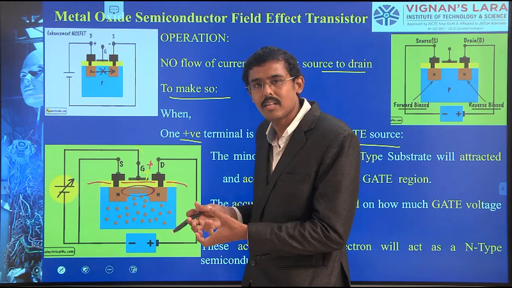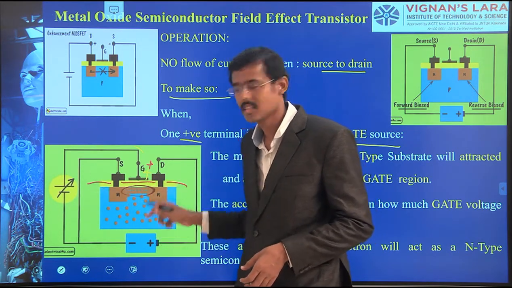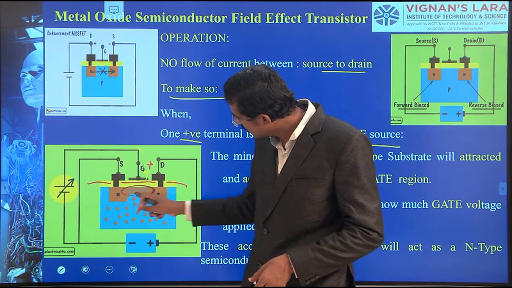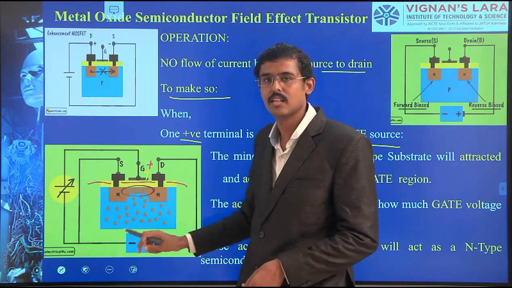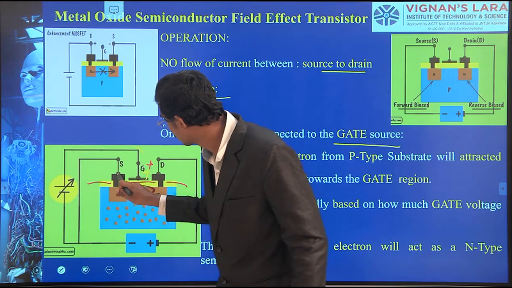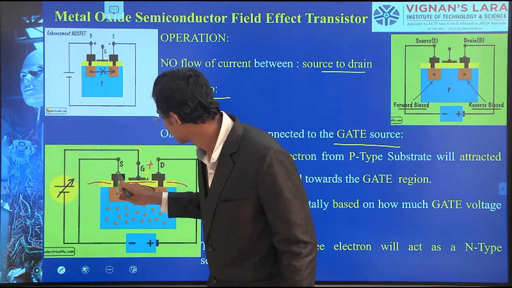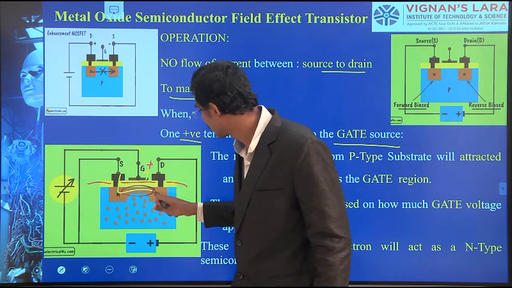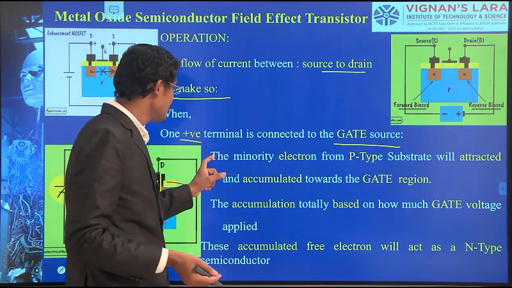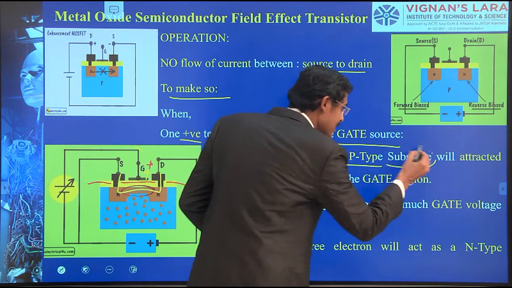If they accumulate, what happens? The N regions already have electrons, and here the positive also attracts electrons. These electrons are accumulated here. This creates one channel between these two N regions. With respect to this, we are able to travel here. We achieved it. The minority electrons of the P-type substrate